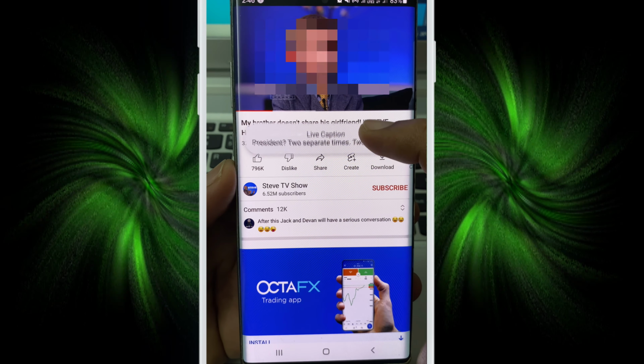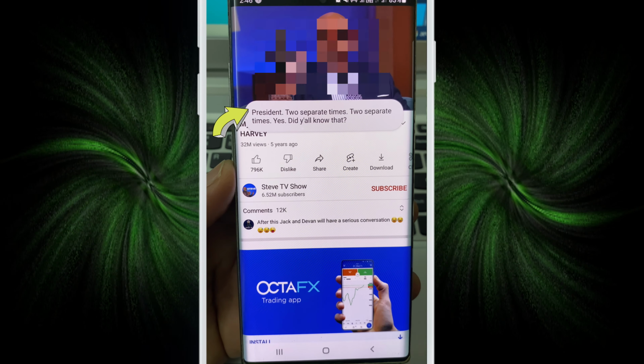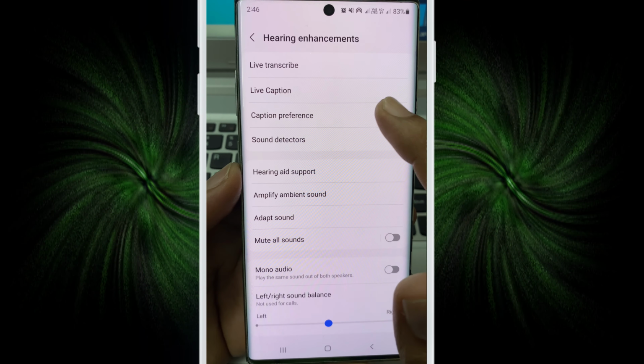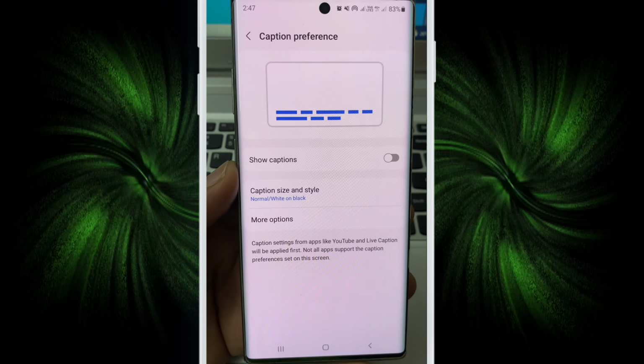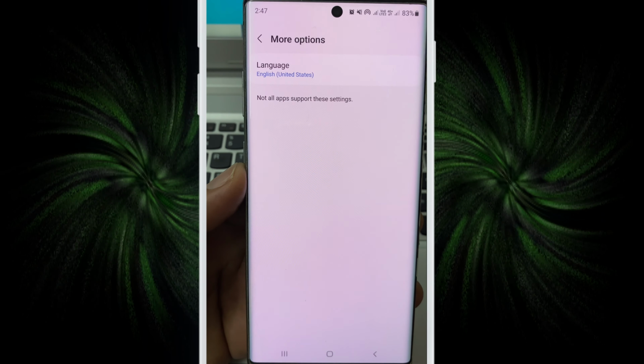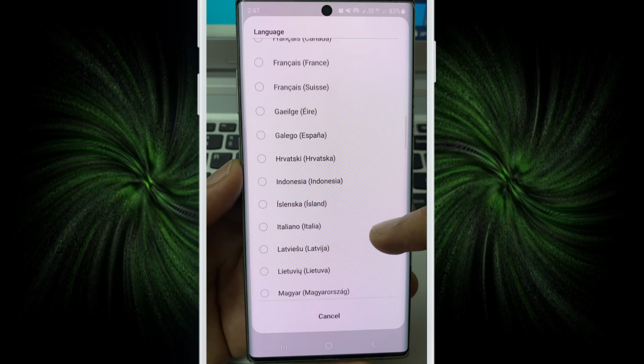And you see here, friends, the live caption and subtitle, you can see here, friends. So there is one other feature, friends. Again I go to settings and click here on Caption preferences. Click on More options and click here on Language, friends, and here, friends, you can select a language, but this feature